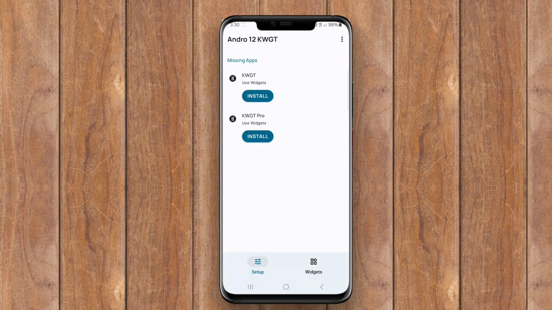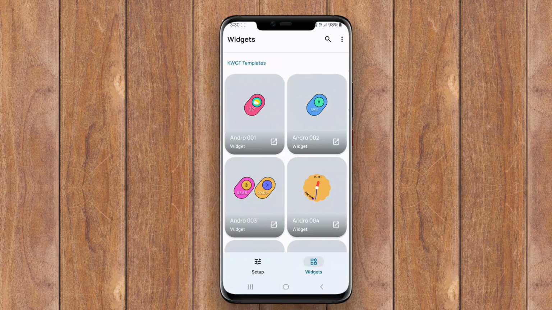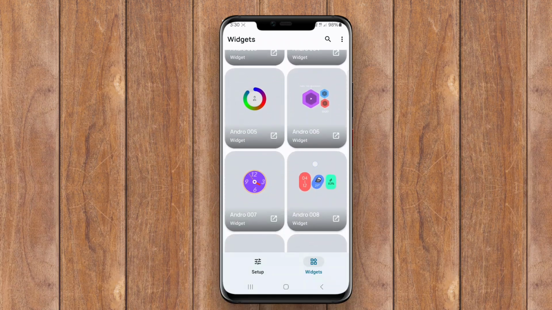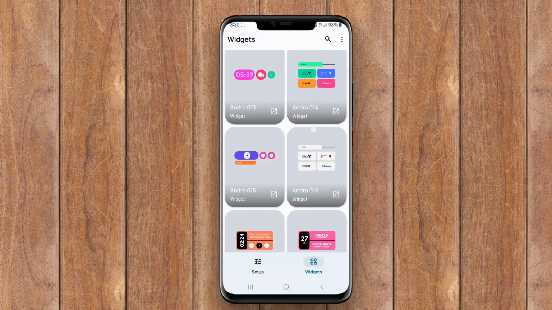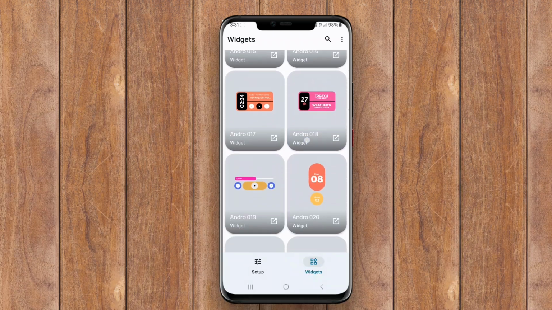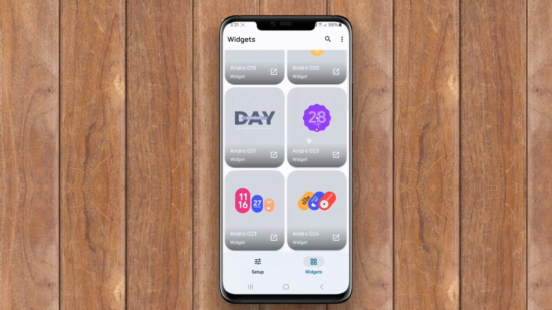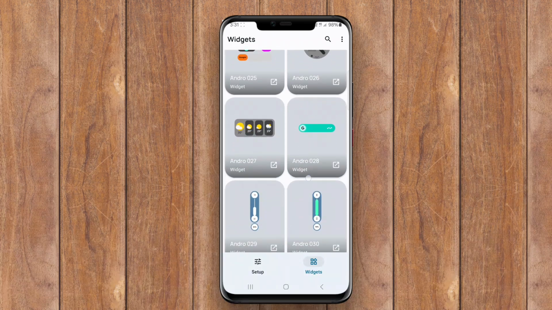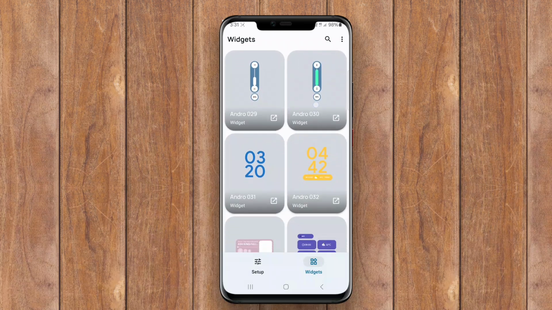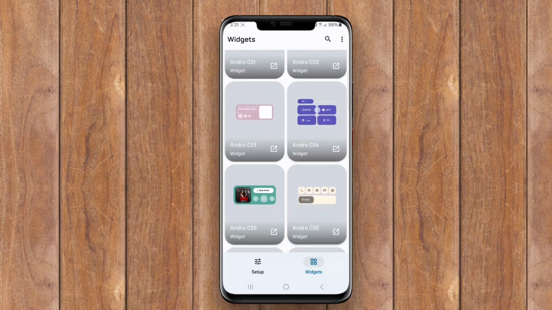Today, we're diving into the exciting world of Android customization, focusing on the amazing capabilities of KWGT for Android 12. Android 12 KWGT refers to a specific customization feature for Android devices that utilizes the KWGT Kustom Widget Maker app. This feature allows users to create personalized widgets for their home screen, giving them control over the design and functionality